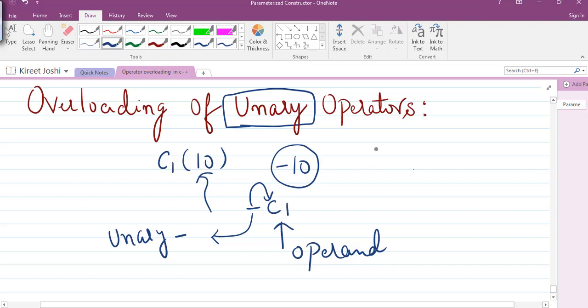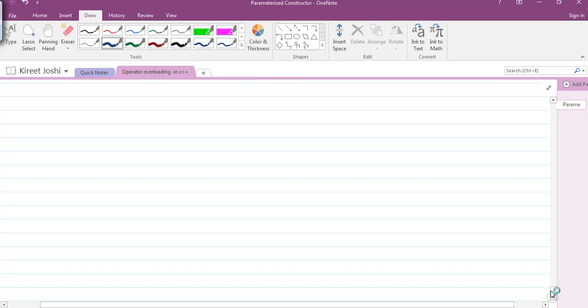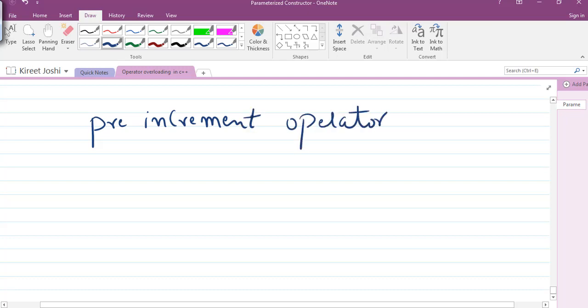In the same way, there are certain operators that fall into the category of unary operators. We'll see two types here. The first one is the pre-increment operator, and the second is the post-increment operator.